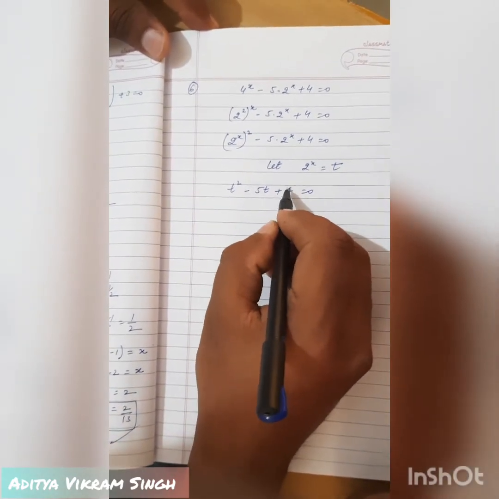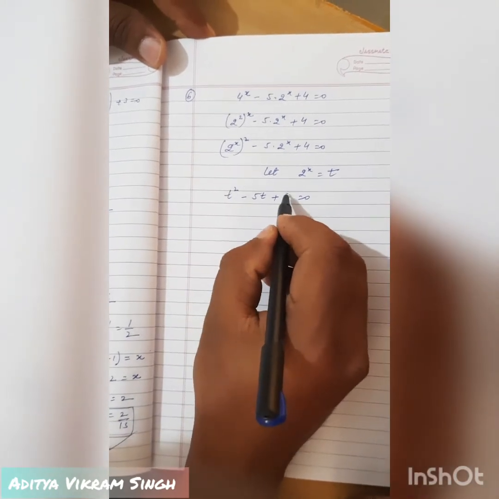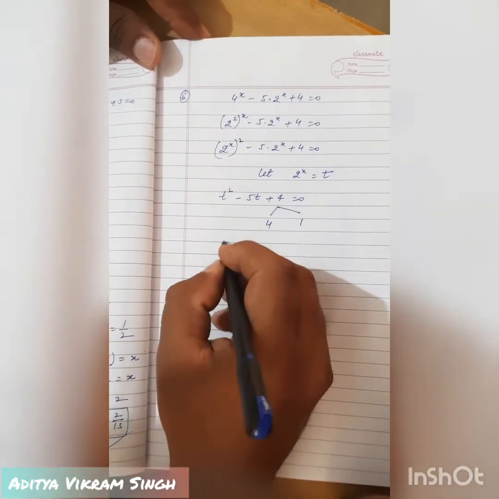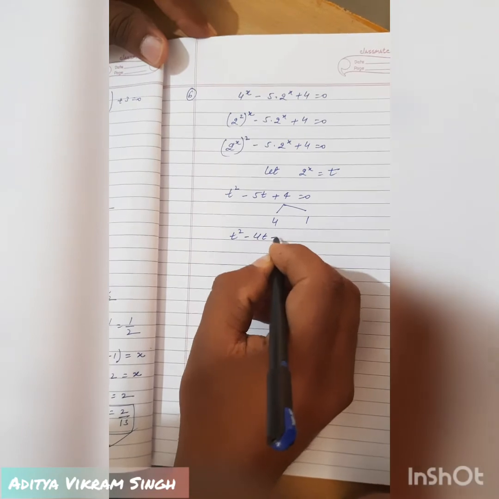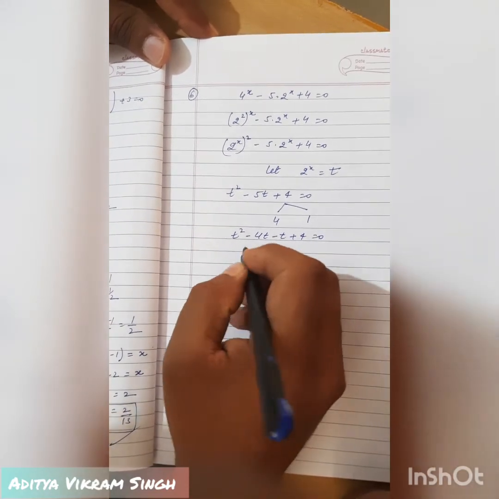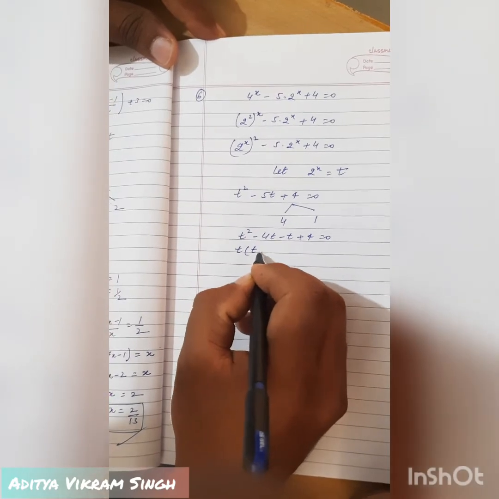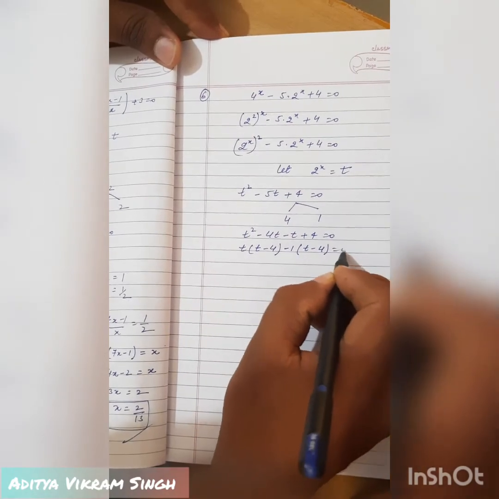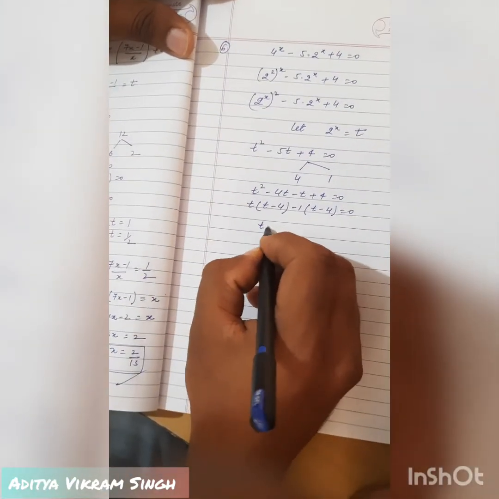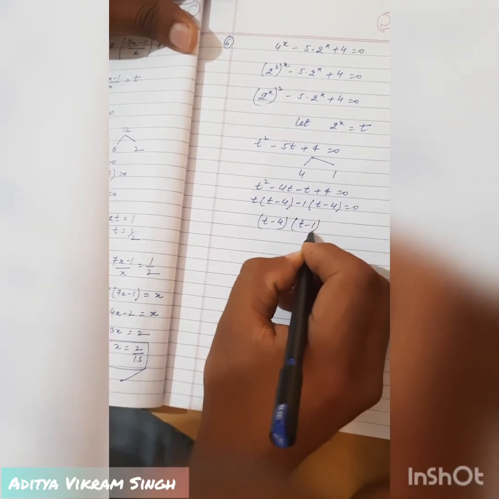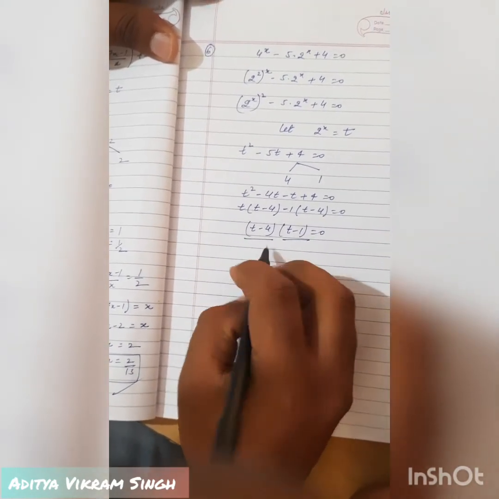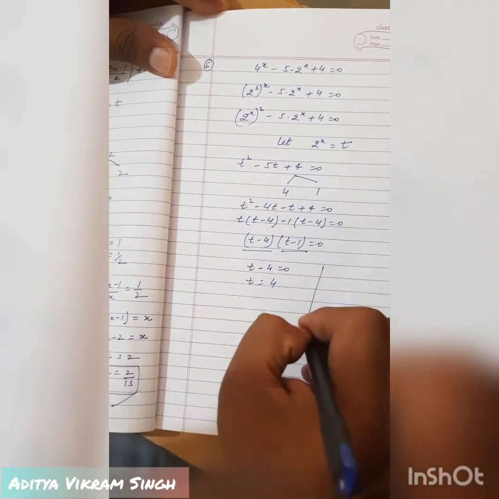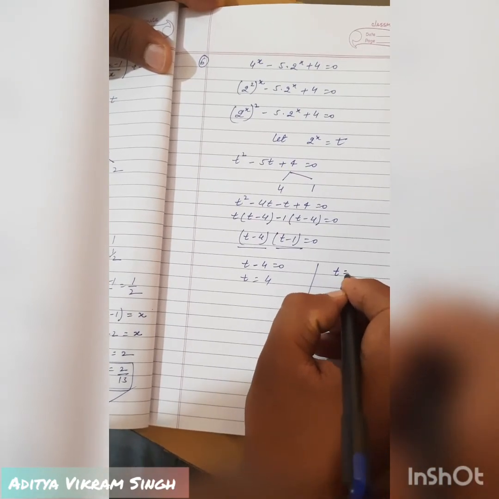Now what we have to do is multiply that 4 with the coefficient of t square. The coefficient of t square is 1, so this will become 4 times 1, which is 4. This is t square minus 4t minus t plus 4 is equal to 0. From here we can take t common and we are left with t minus 4. If we take common minus 1, then we are left with t minus 4 is equal to 0. If we take t minus 4 common from there, we are left with t minus 1 which is equal to 0. So either this quantity is 0 or this quantity is 0. So t minus 4 is 0, so from here we get t is equal to 4, and from here t is equal to 1.